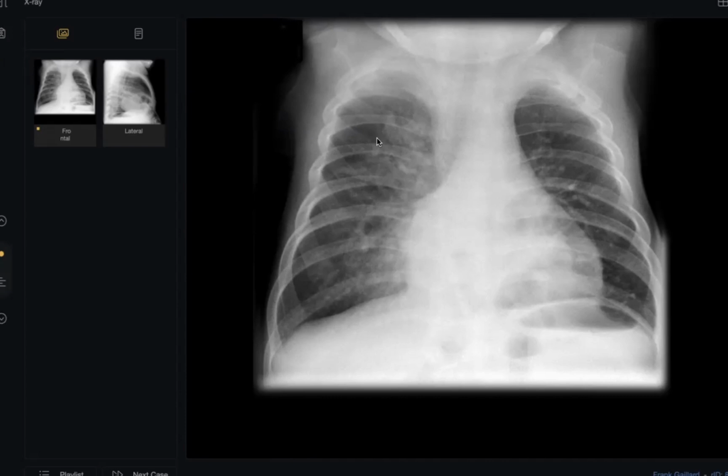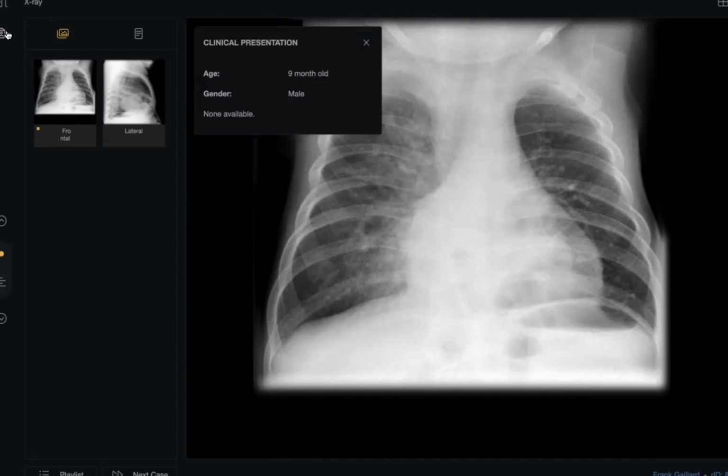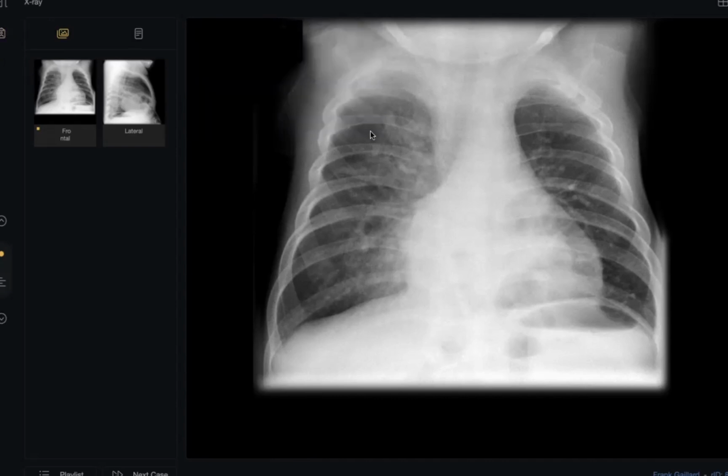I am presented with a radiograph of a neonate in which I cannot appreciate... not a neonate, doctor, a nine-month-old infant. Okay, infant. Now, in which I can appreciate that there are a few patches of subsegmental consolidations in the right